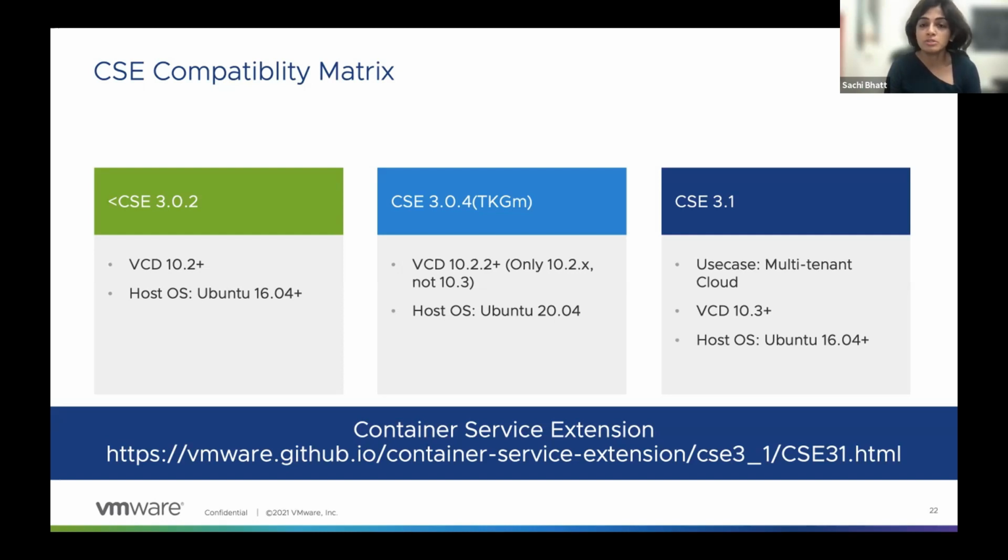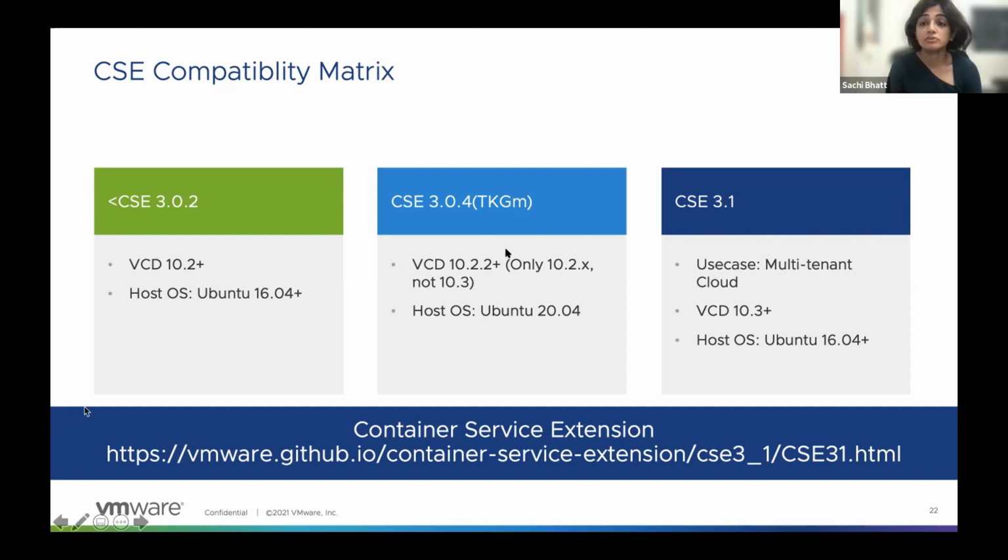It is going to be supported as part of a roadmap, and CSE 3.1 is supported starting with the latest release 10.3. Now, using the API versions in the configuration file, you can run it in backward compatibility mode with the older versions, but then some of the features of CSE 3.1 itself will not be available.